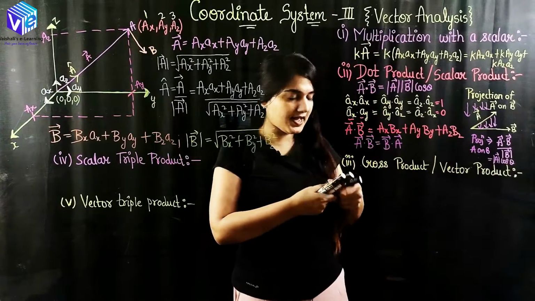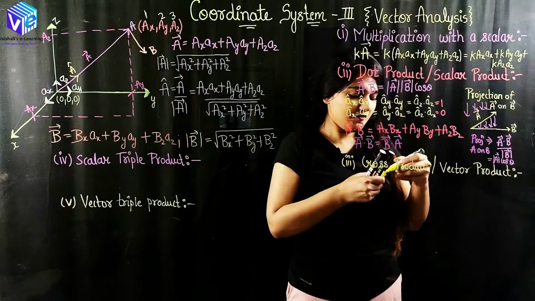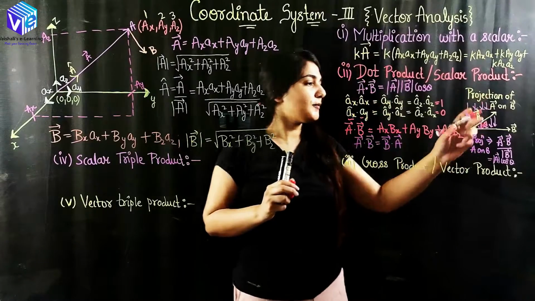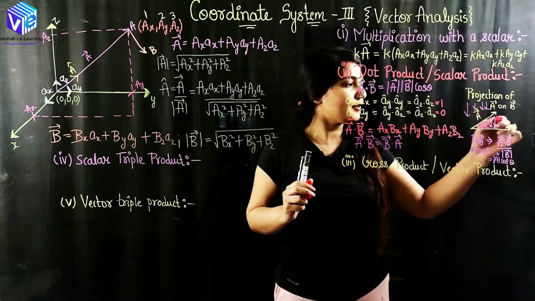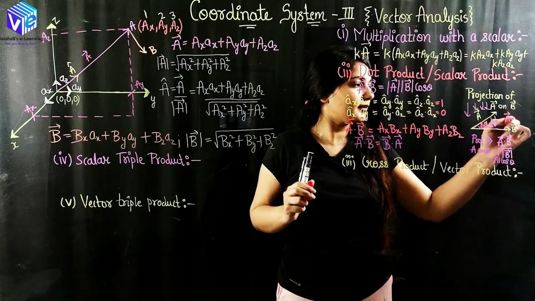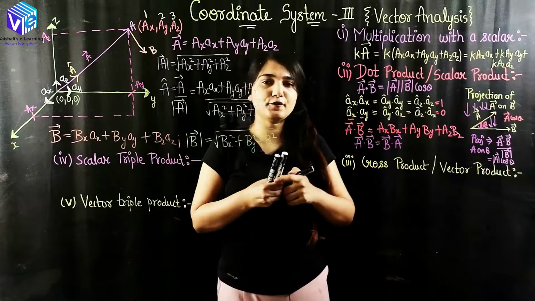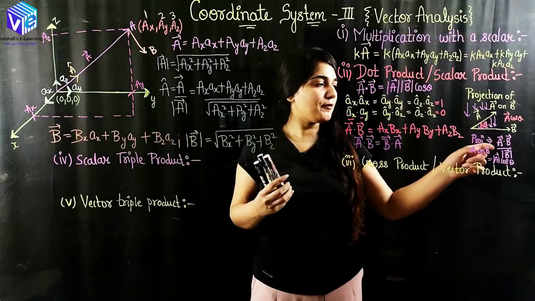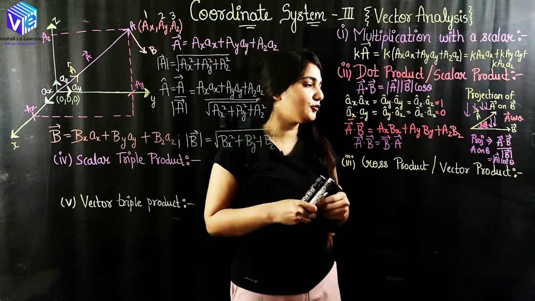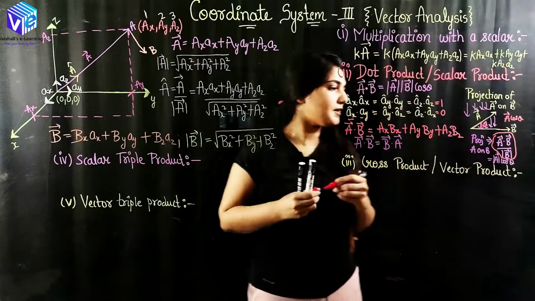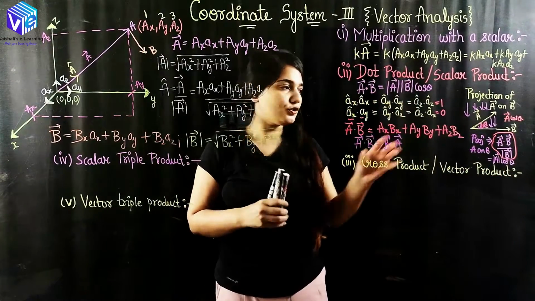And from this diagram also you can see, if I have any angle theta between here, the projection is given by a vector cos of theta. So from the formula also I am getting a vector cos of theta. So with the help of dot product I can find out the projection with this formula. This is a vector dot b vector divided by magnitude of b vector.